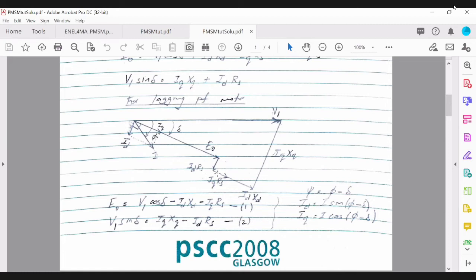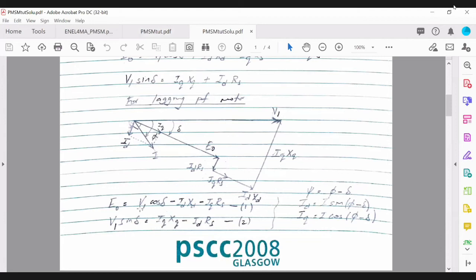So you need to extract IDXD, which is this section here, and IQRS, which is this section here, and then you can end up with E naught. Okay, so that's equation 1, and equation 2 is resolving V1 basically at a quadrature angle, so opposite